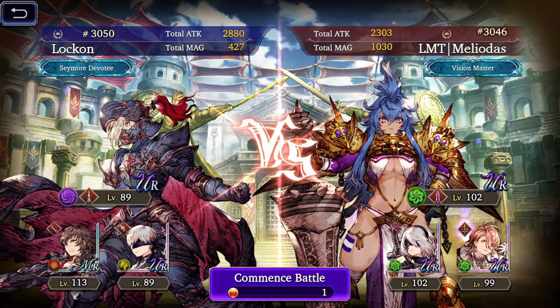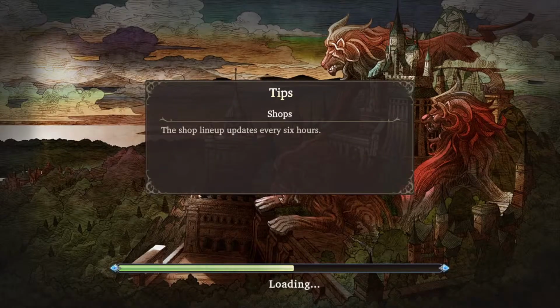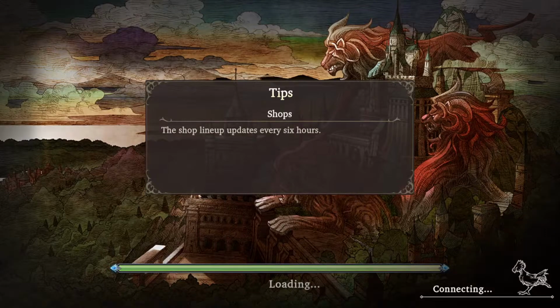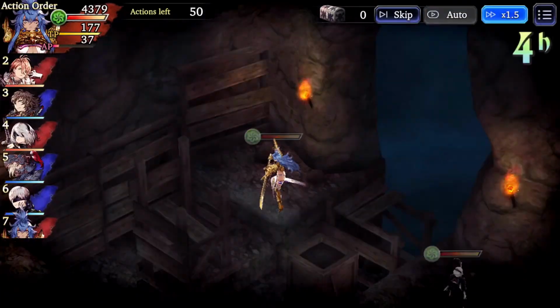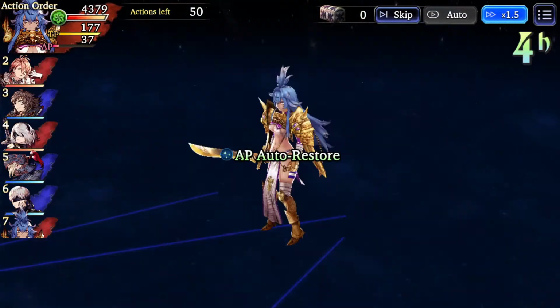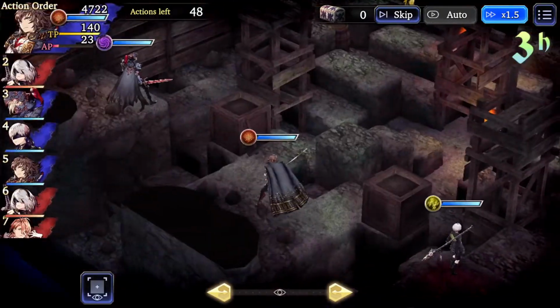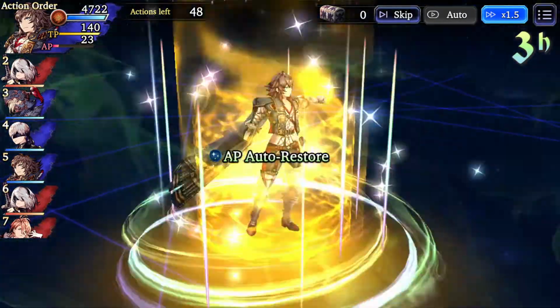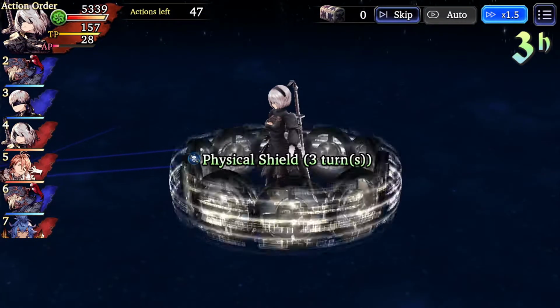Alright, up next we have a bit more of an interesting team: a 102 Oldoa, a 102 2B, and a 99 Howlett. No Yuna or Tidus or Auron or Gilgamesh. There is a 2B there, but I'm okay with 2B for now. Yeah. So here we do have Oldoa and Howlett faster than our entire team, which is good and bad at